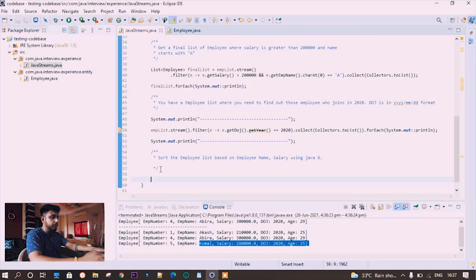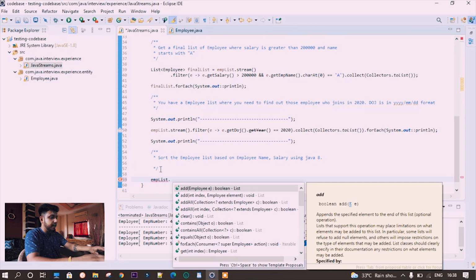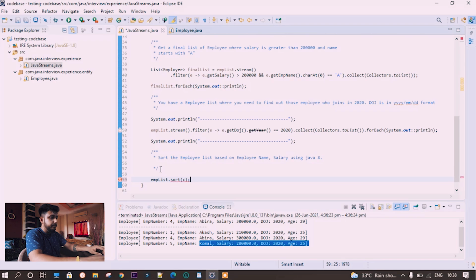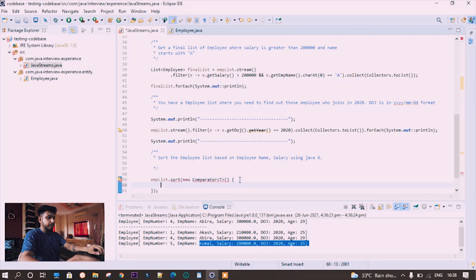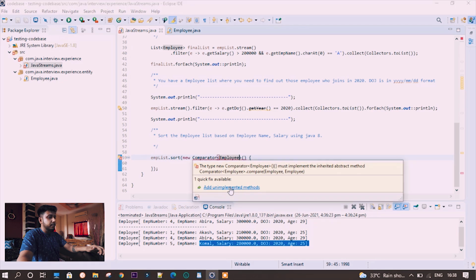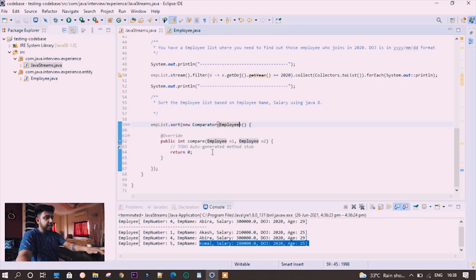This way we can do that. Employee list, emp list, you need to sort that. So sort using comparator. Here you can write new Comparator, and you need to provide the employee here, and you need to implement the compare method as well.